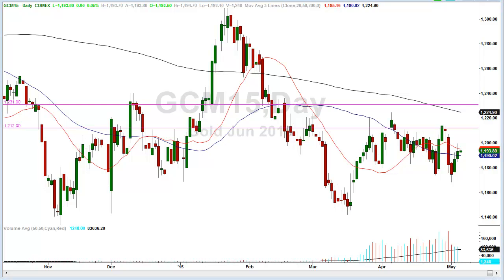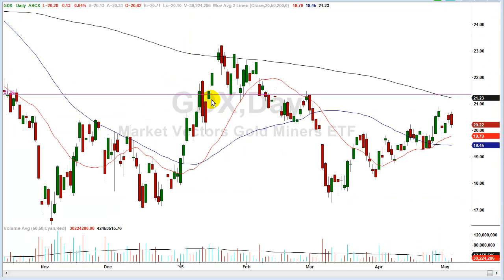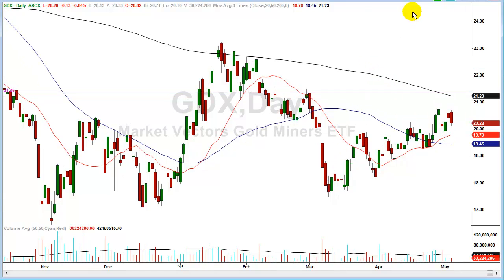Okay, GDX, I'll cover that real quick. Nothing going on. GDX didn't go up with gold today. It really got taken down with the stock market, but only 13 cents. It was really flat for the most part. It was down 0.5% or more, but only 13 cents. It was really due to the stock market, not necessarily gold. But this is also in an uptrend, and if you want to be long GDX, you can use your trusty trend lines, and this is where they come in handy.